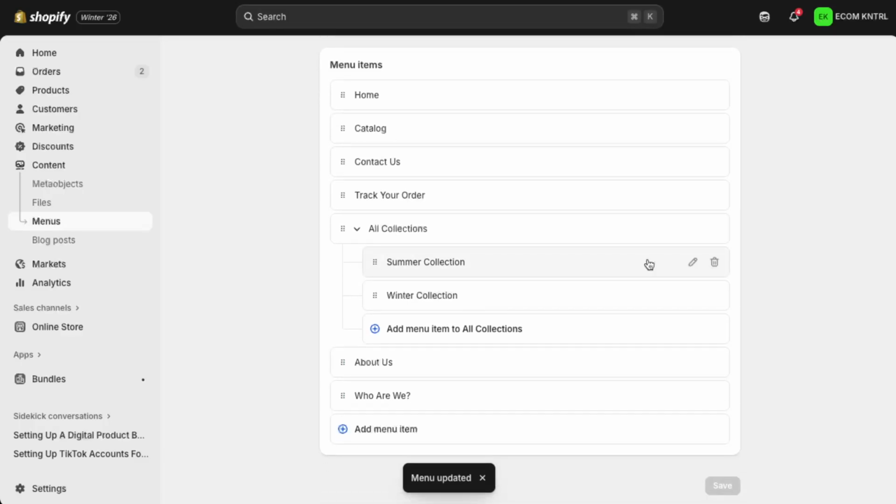Now, when you visit your live site, you'll see that the new page has been added and is visible in the main navigation menu of